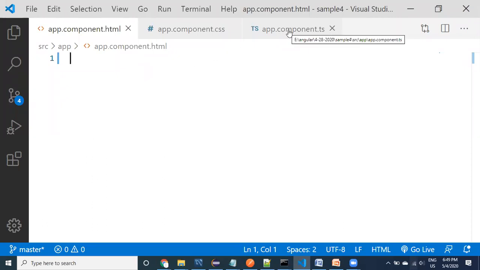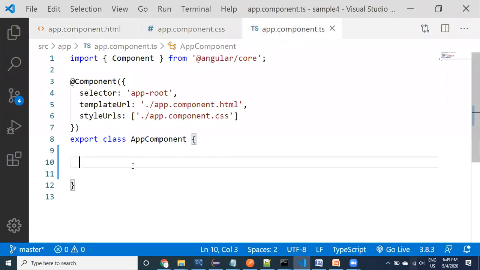To implement one-way binding, take a property in the component class, any property, maybe like product. This is a property I have created.